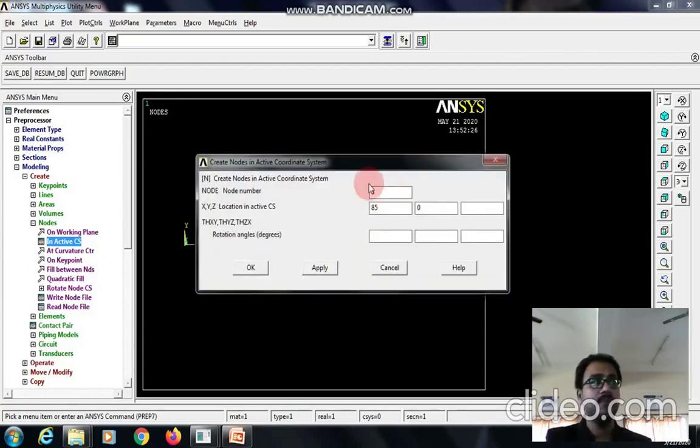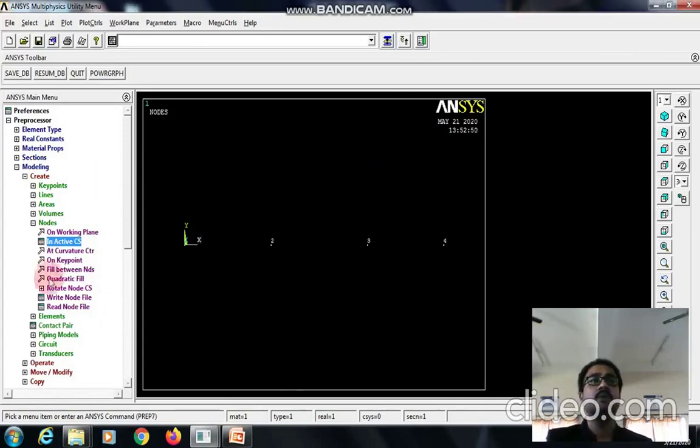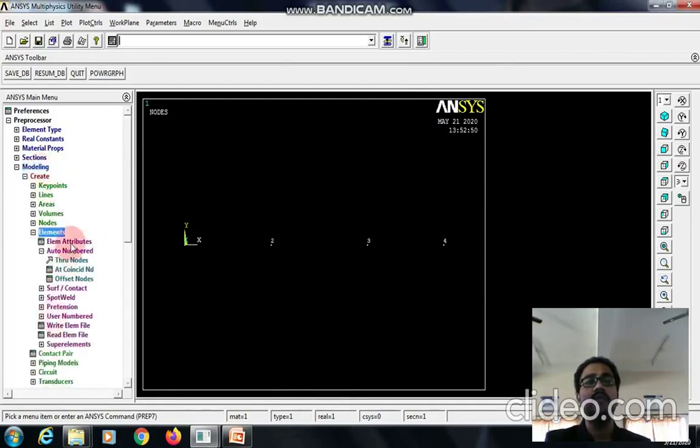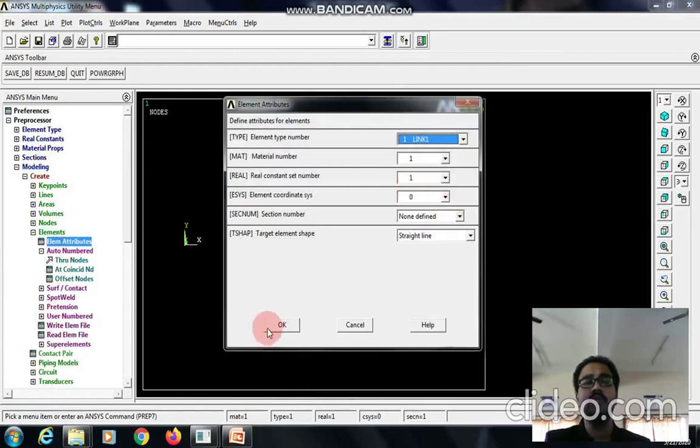For node 3, it is 180, apply. For node 4, it is 255. Give OK. Now we need to create the elements. Before that, we need to go to element attributes and make sure that the respective sets are defined properly.